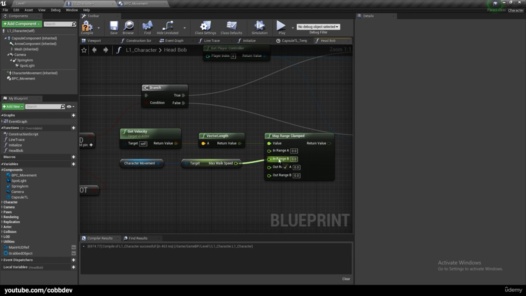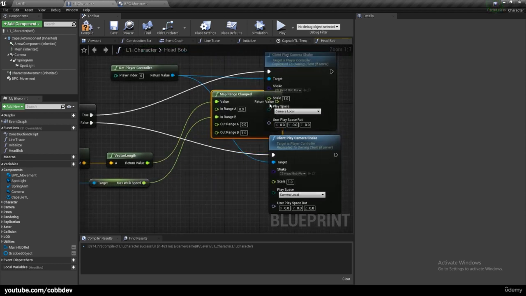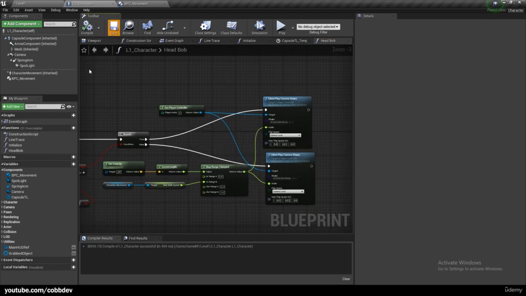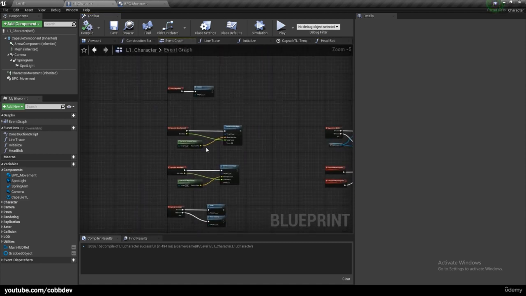So for example's sake, let's say this is 400. Now if our out range A is 0 and our out range B is 1, this will convert the range of 0 to 400 to 0 and 1. So 200 would output a value of 0.5, and 100 would output a value of 0.25, 400 would output 1, 0 would output 0. So we can plug in this return value into the scales and compile and save. Back in our event graph, we have to find our move forward and move right,